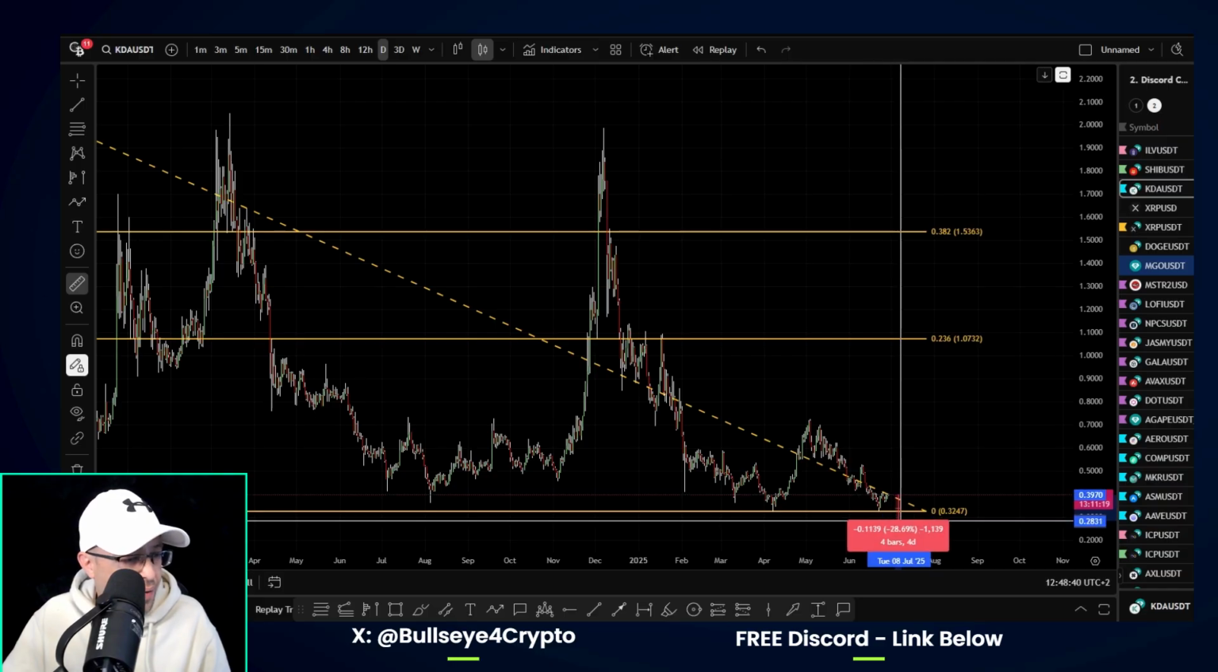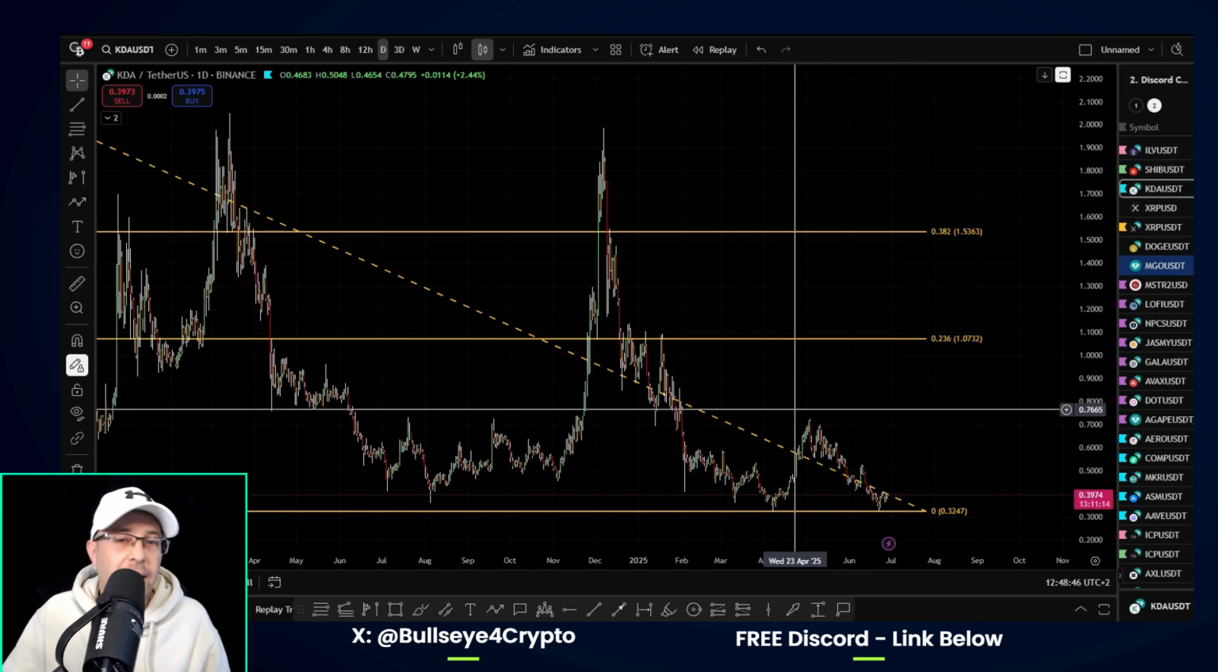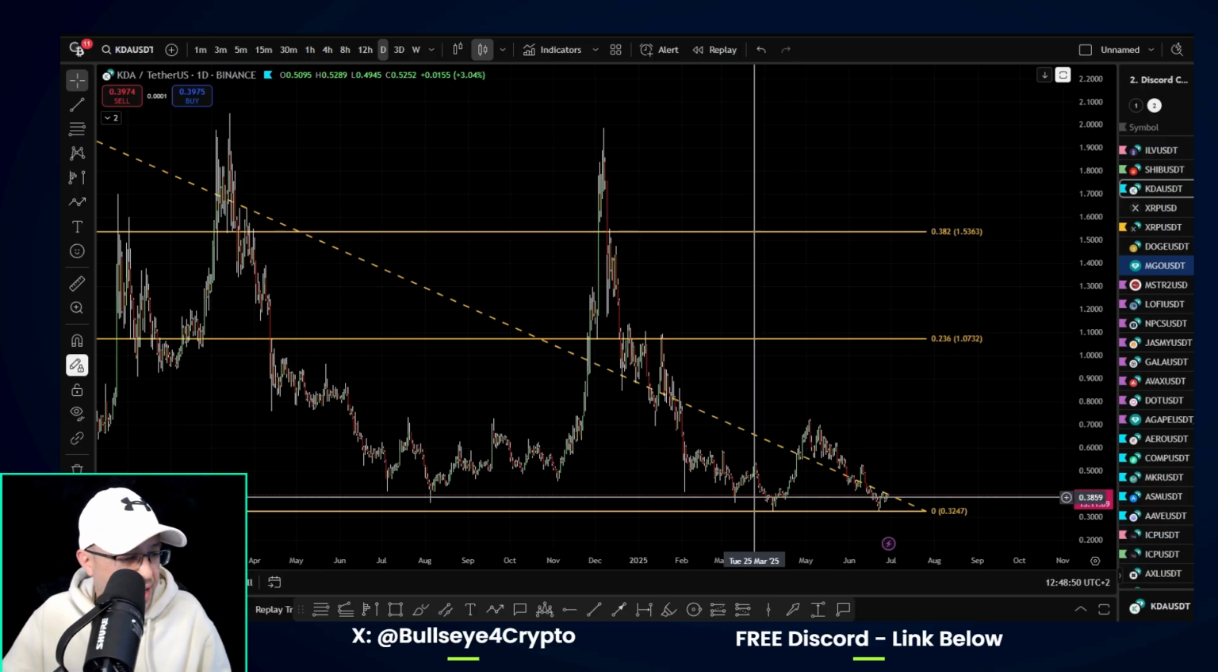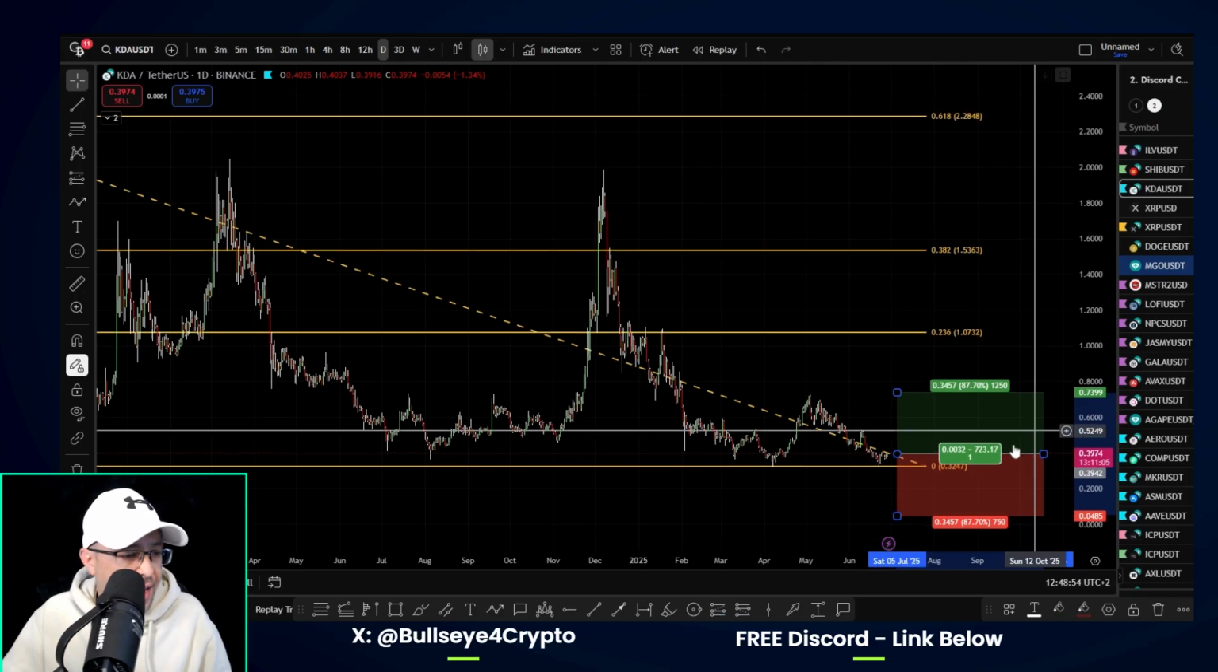Risk to the downside, you've got to this support base, 18%. If you go below the support base, around about 25%. So the risk is a lot lower than the reward. You can stick your risk to reward tool on there if you took price action from here, understanding that you